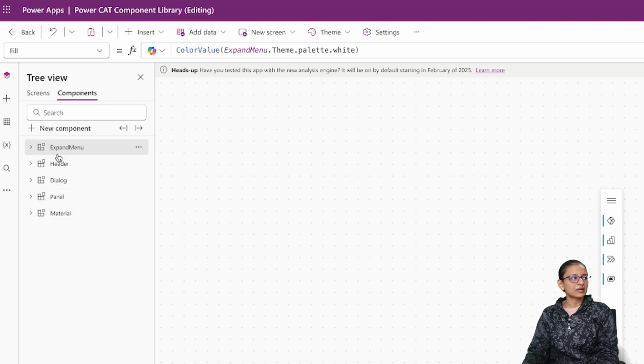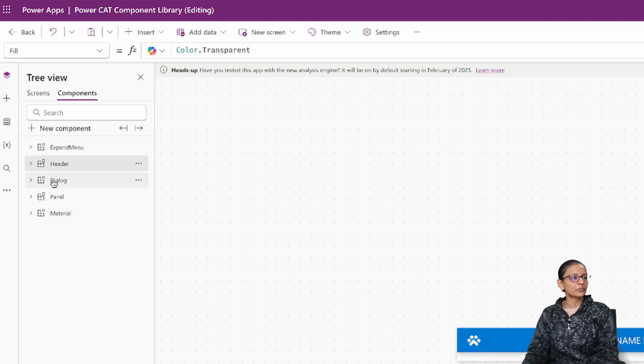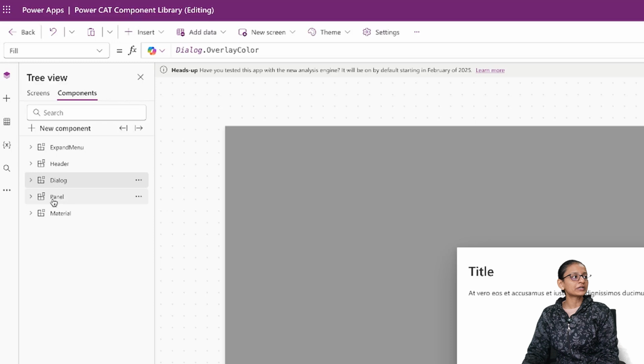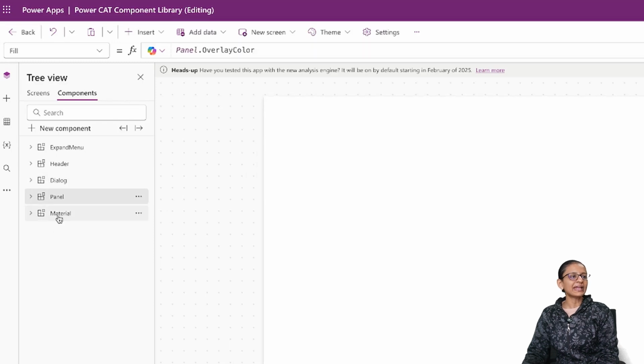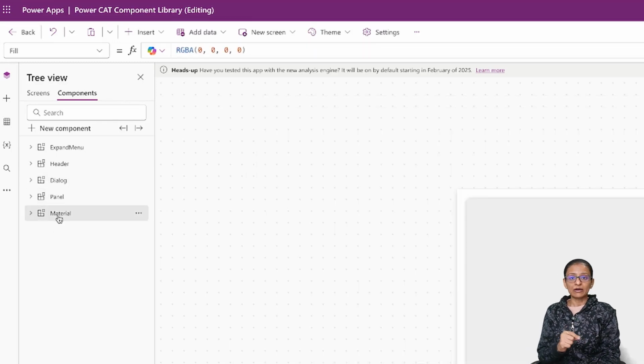Now this is the expand menu, then this is the header component, this is a dialog component, then panel component and material component. Now I will tell you how to use each and every component separately in your Power App in an upcoming video. But here in this video I am just showing you how you can download this Power App Creator Kit and use it.